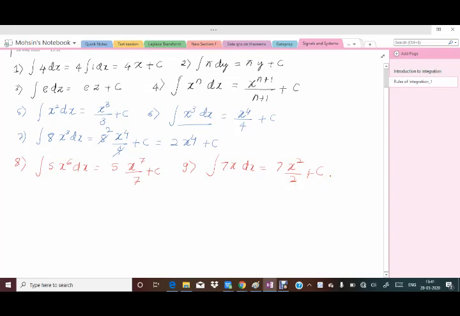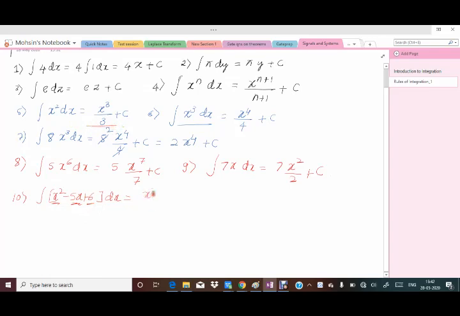Likewise, suppose the given function is an expression, let us say x square minus 5x plus c times dx. In this case what's going to be its integration? Here we have to evaluate the integration for each of the terms separately. We can write it in the expanded form, but we can also evaluate it directly by considering each of the terms as a single integration. Now for x square, we know from the earlier example that it's going to be x cube by 3.